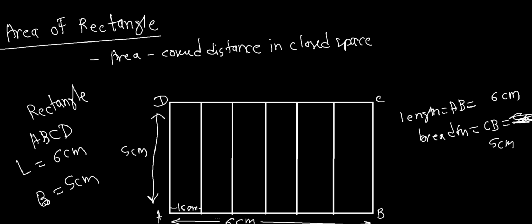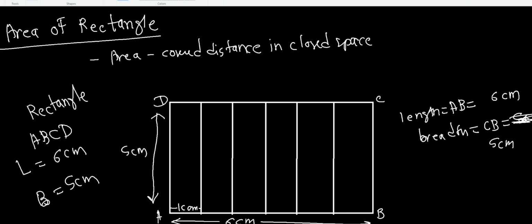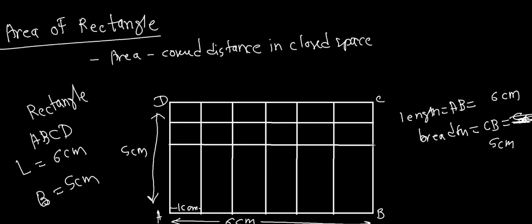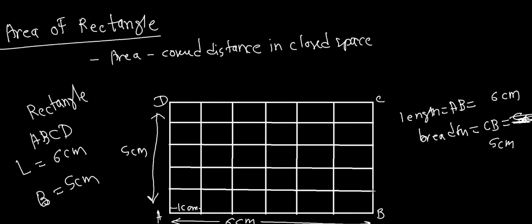Now same way we will divide the breadth of the rectangle into 5 equal parts. So 5 equal parts mean one part will be 1 centimeter apart from the previous part or the edge. So if we draw like this, this part will be 1 centimeter. We'll first draw this, 2, 3, 4 and 5,